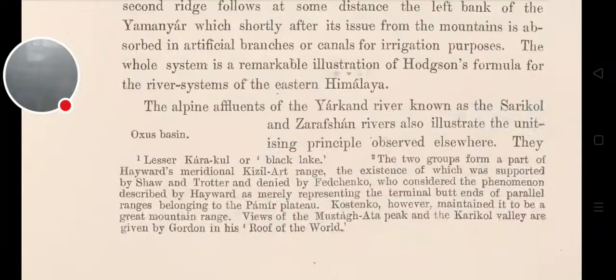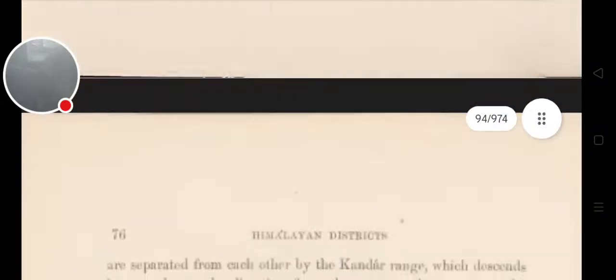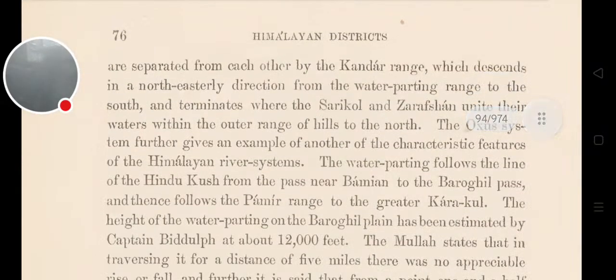The whole system is a remarkable illustration of Hodgson's formula for the river systems of the eastern Himalaya. Oxus Basin. The alpine affluents of the Yarkand River, known as the Sarikol and Zarafshan rivers, also illustrate the unitizing principle observed elsewhere. They are separated from each other by the Kandar range, which descends in a northeasterly direction from the water parting range to the south